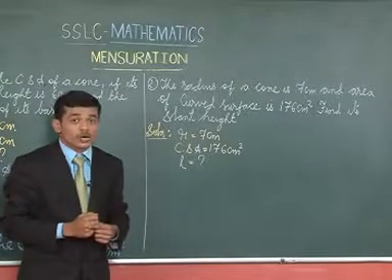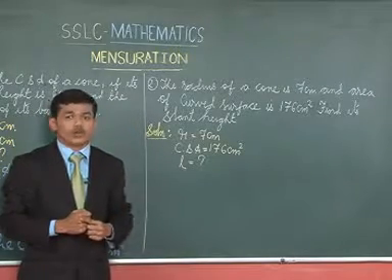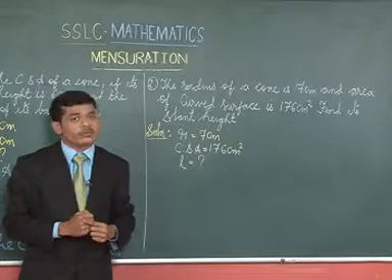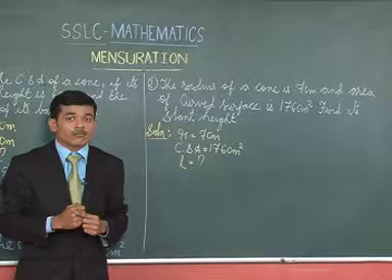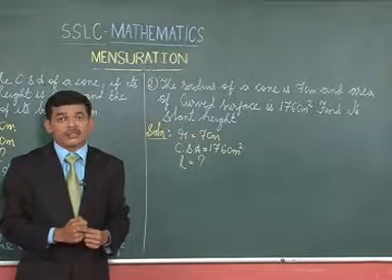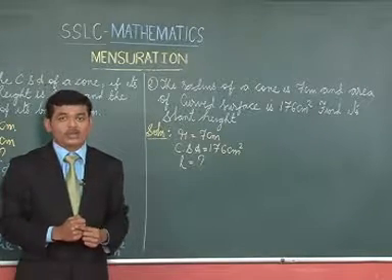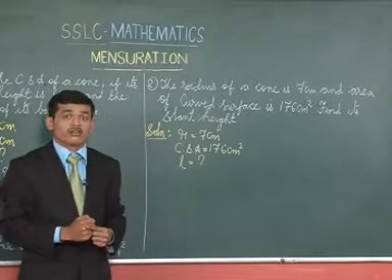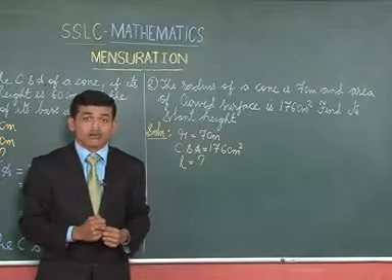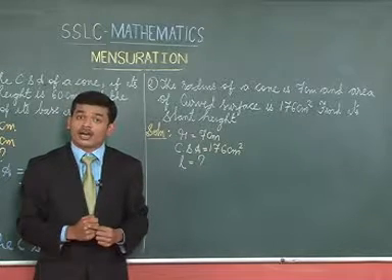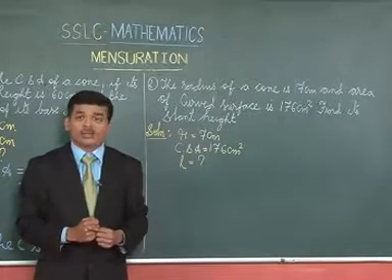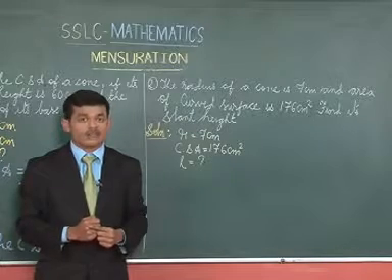So how to go about it? We already have the formula to calculate the curved surface area, which is equal to pi r L. Here we have already been given the curved surface area and the value of r. So we have to calculate the slant height, which is not known. By just substituting the values of r and the CSA in the formula, we can calculate the slant height. Let us try it now.